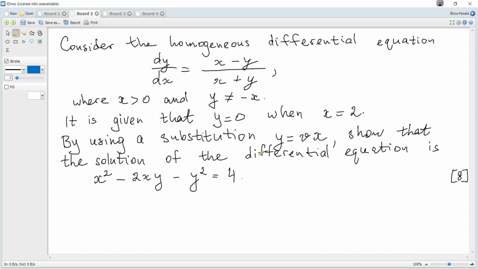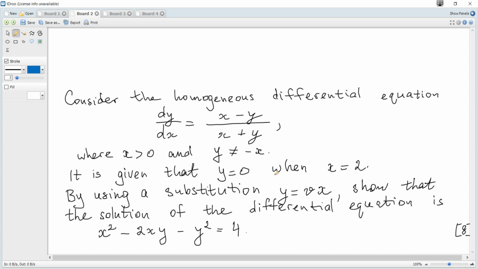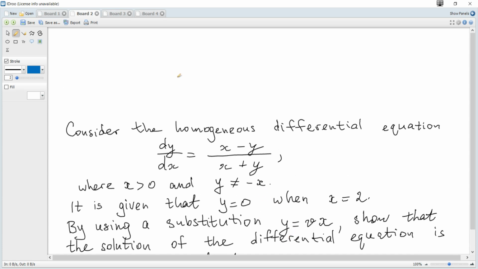Consider the homogeneous differential equation given. By using a substitution y is vx, show that the solution of the differential equation is the following. Here it is given clearly what substitution should be used, but in general you should understand and remember that if